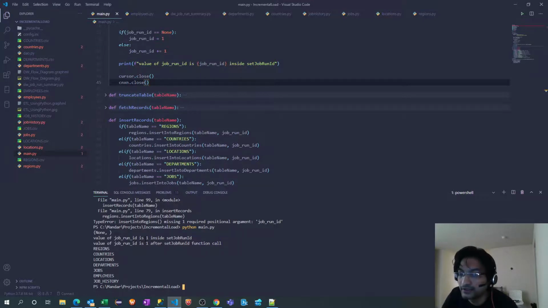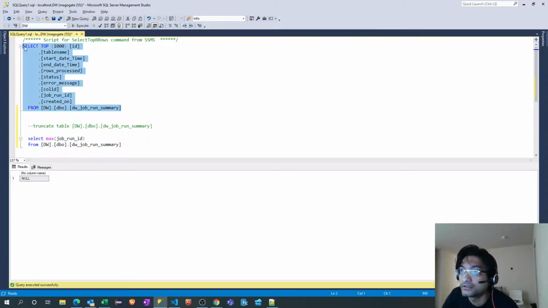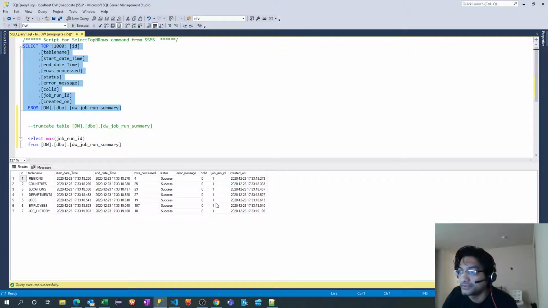So very initially the value is supposed to be null, so it must have gone through this statement and initialized that to 1. And if I run this, see, it's 1.